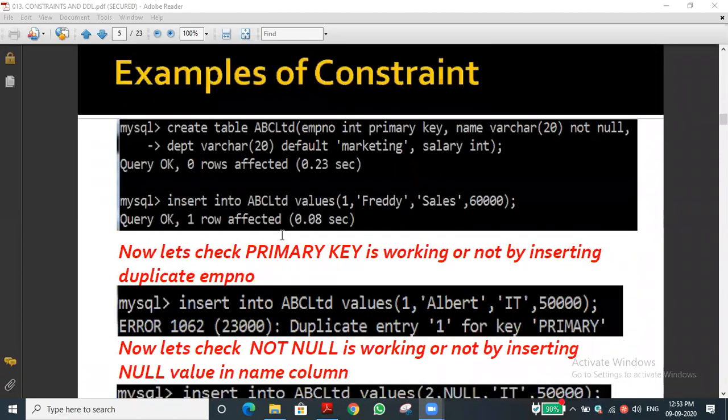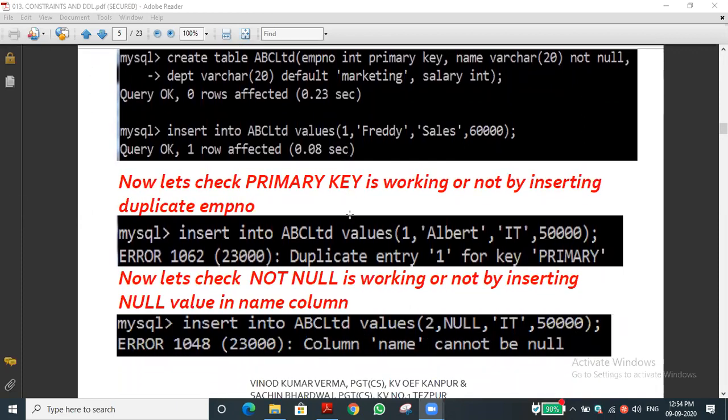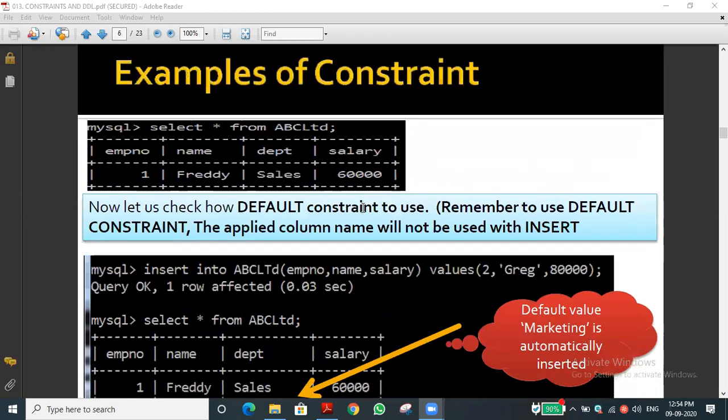First, we will learn how to set the primary key. What is a primary key? Yesterday we discussed that it is a unique key. A table should contain only one primary key, and the value should not be null. These three concepts we discussed at the end of yesterday's class. As a continuation, let me show how to create, or set, the primary key.